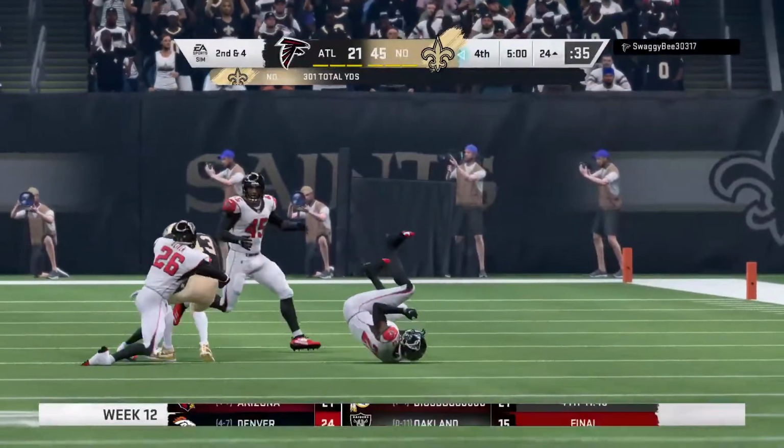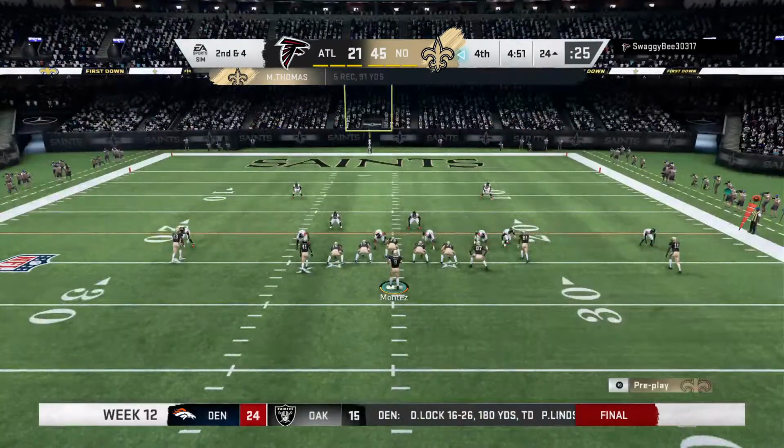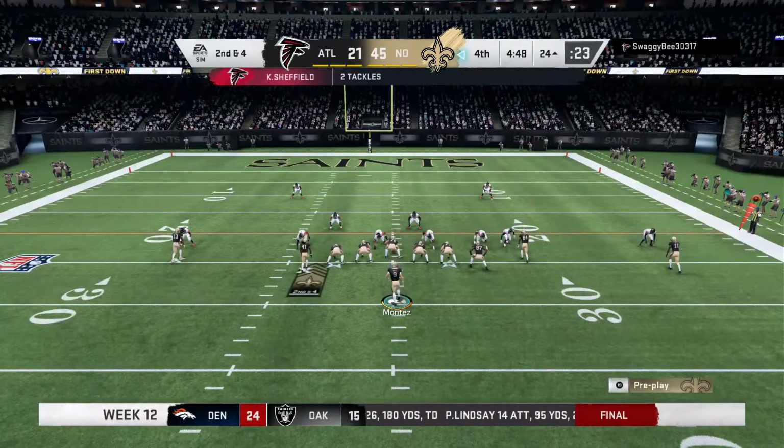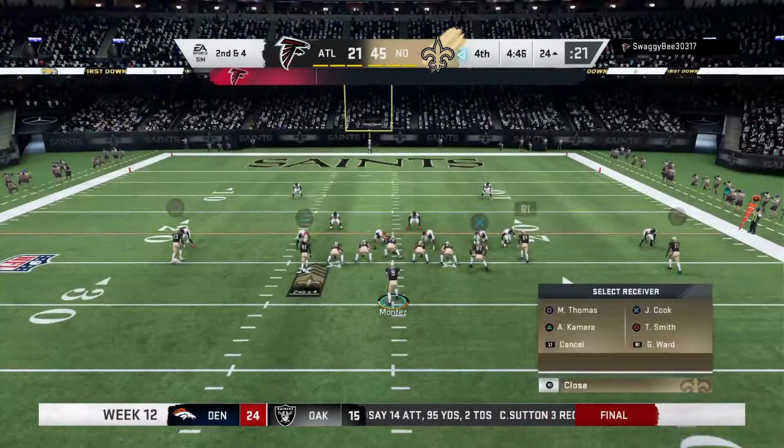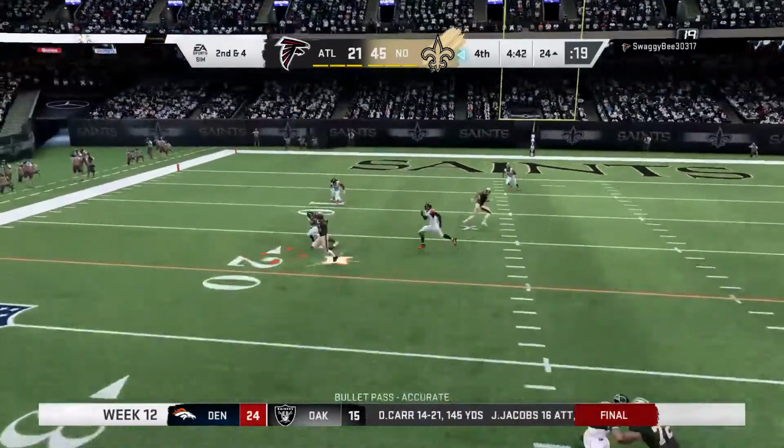I always laugh when people say, what's the toughest route to defend? And I'm like, any of them, especially if it's a good receiver. That makes things very difficult. But when you're running a drag route, something short, shallow, going through defenders, using guys almost as...